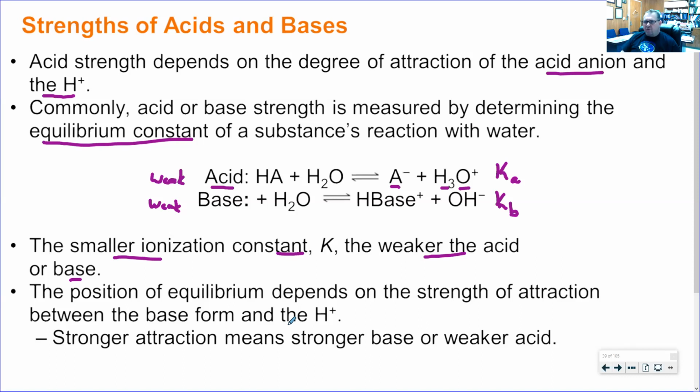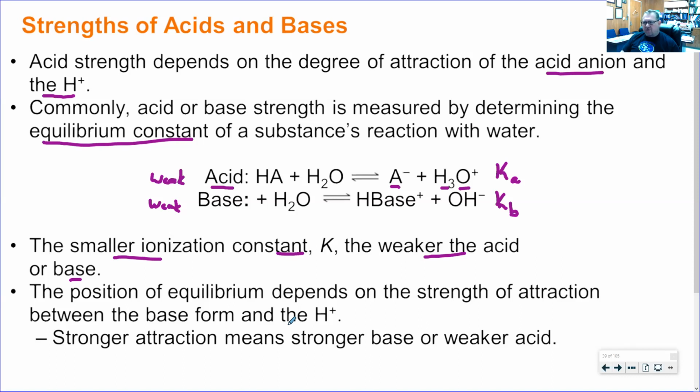So for values for weak acids, something like a strong weak acid like HF may have a Ka value of something times 10 to the minus 1 or 10 to the minus 2. Acetic acid is something that's 10 to the minus fifth. And then you look at something like a much weaker acid like boric acid, it has a Ka of 10 to the minus 10th. So they can vary a lot. And that means that the strengths of these weak acids vary a lot.